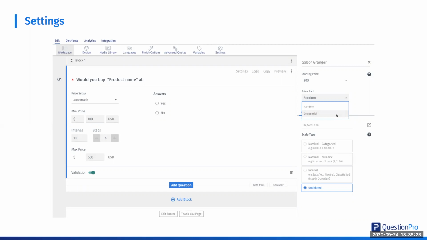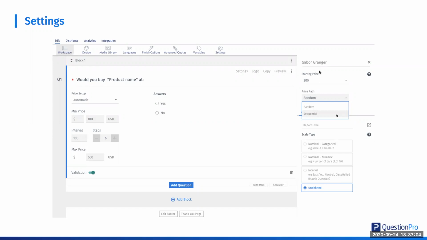So the way we have it set up is to start it at random, and you have the option to have it be random. What that basically does is you can have the starting price be at a certain point, and if respondents think they are not likely to purchase a product at $300, then we work down, and then we ask, what about at $200? What about $100? And we keep asking that question until the respondent says yes, and then they're done with that exercise. Likewise, if they are willing to pay for a product at $300, we ask,